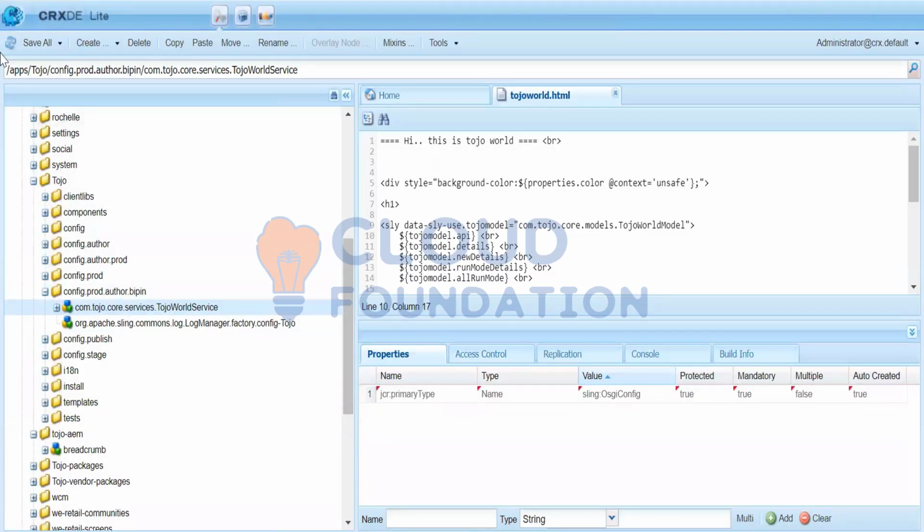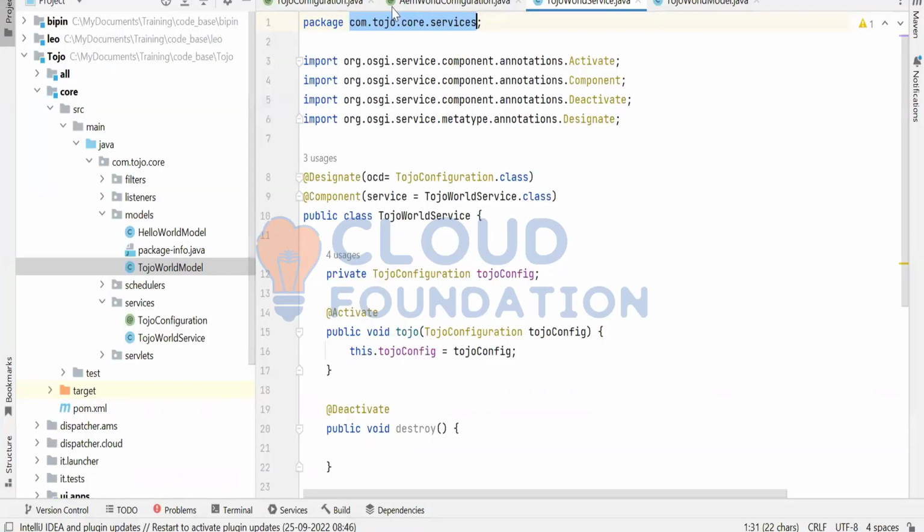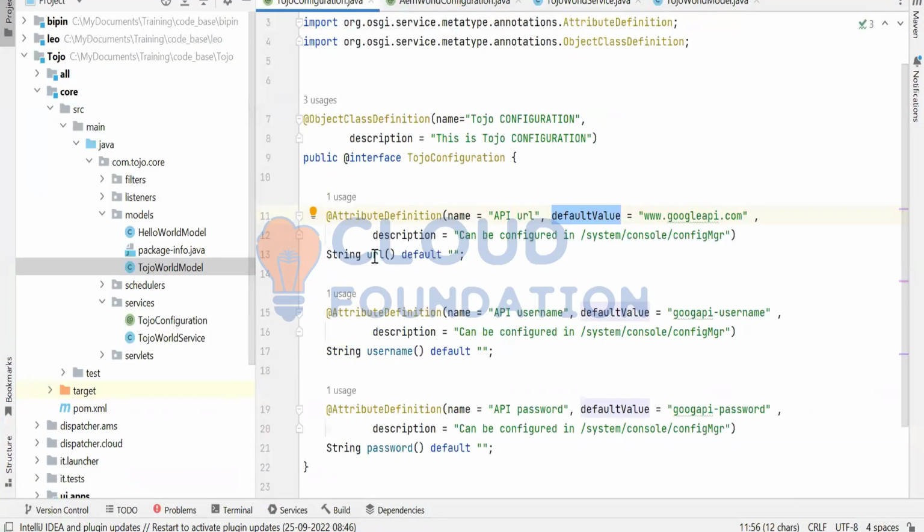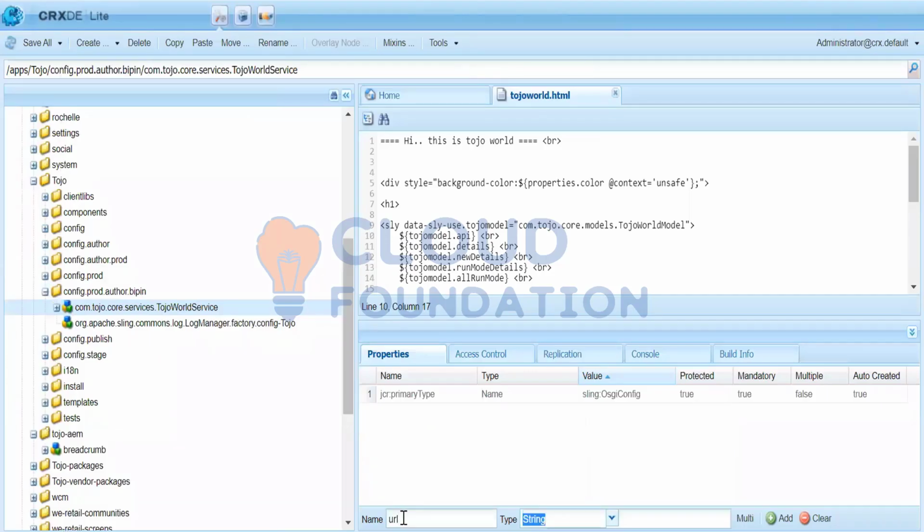Okay, so here I created my configuration, and here I can give the values. What are the values? URL. Let me give a URL. This time it is Yahoo. And username is, say, Yahoo username. And password is,